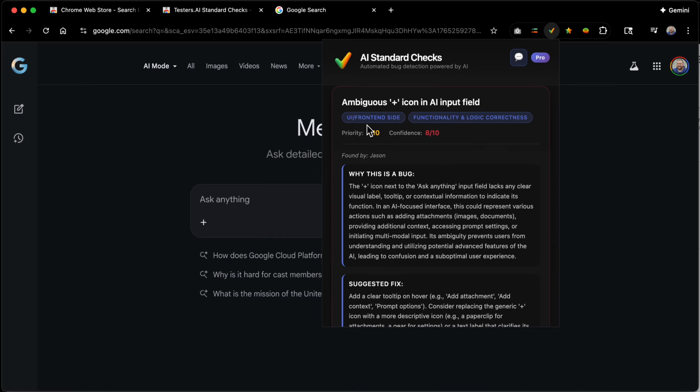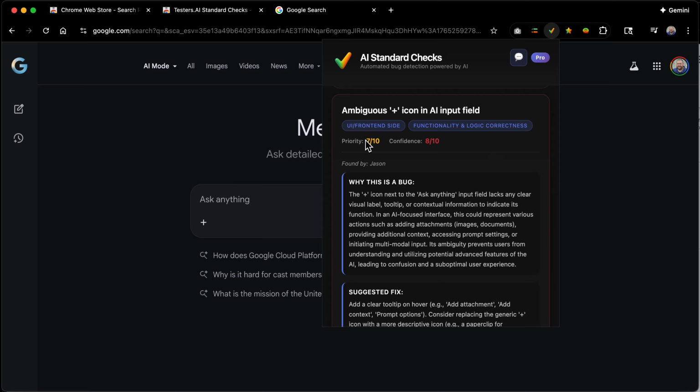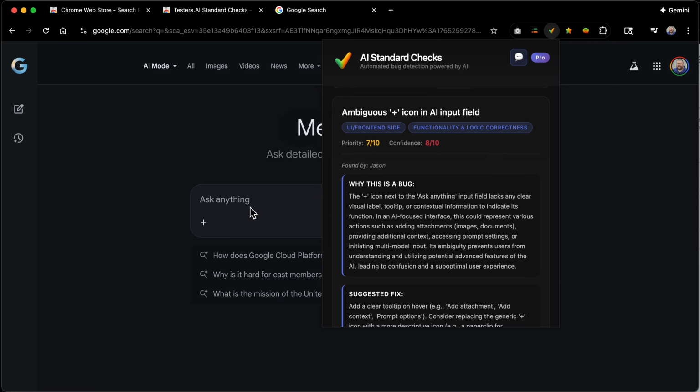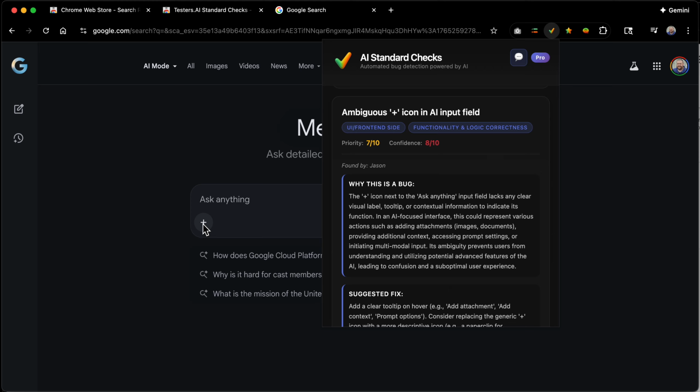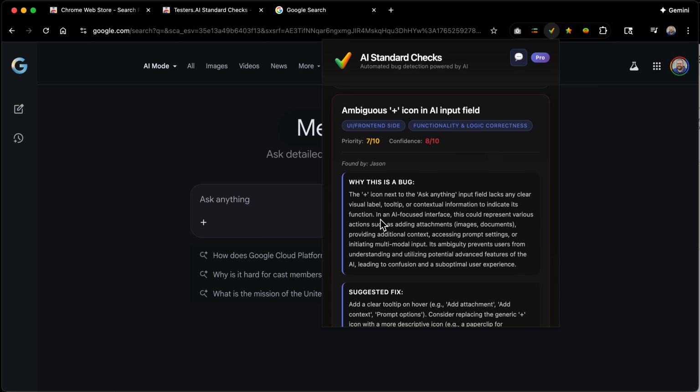Okay, so the first thing here, it's kind of a usability thing. It's got an ambiguous plus icon in the AI input field, and that's this guy over here. And I think about that sometimes too, like newbies especially don't know what that means, and it's not very contextual. Let's see if there's even any hover text on it. But that's how you would attach